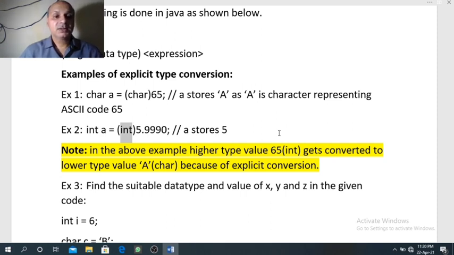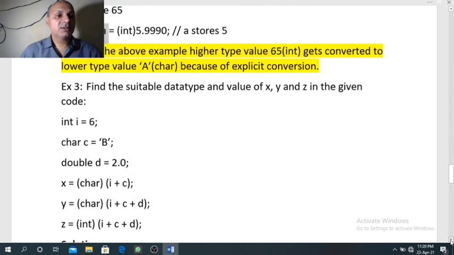Truncated means after point all the digits will be removed, and before point whatever whole number part we have, that will be our answer. So here 5 will be the answer after typecasting, and that 5 will be stored in the variable a of int type.